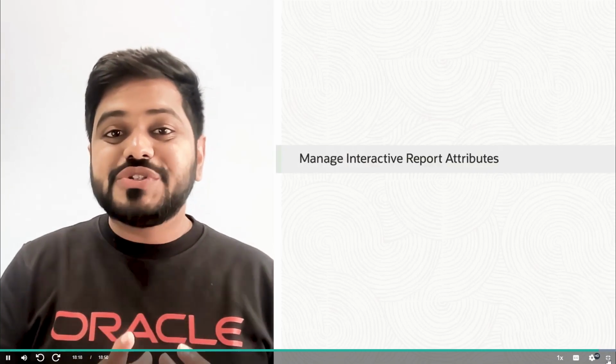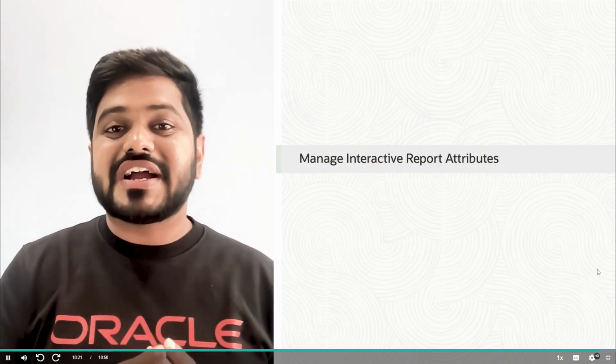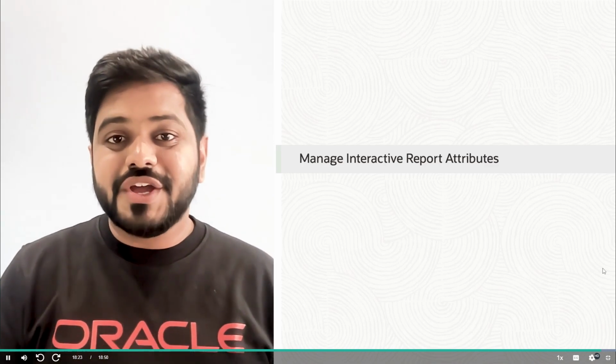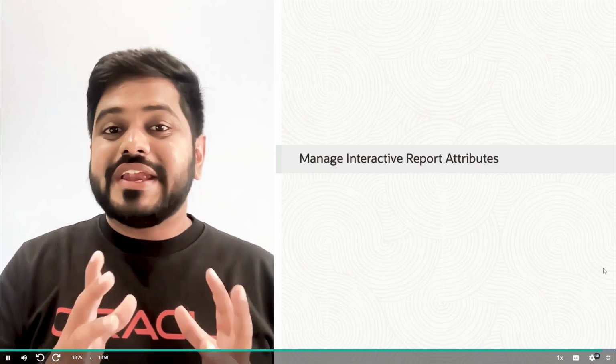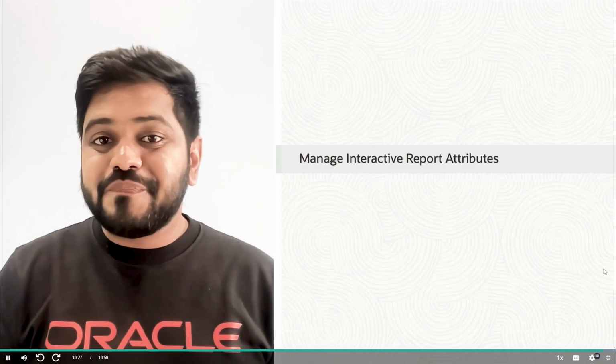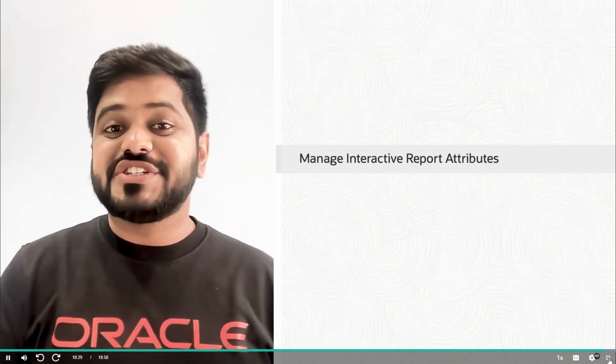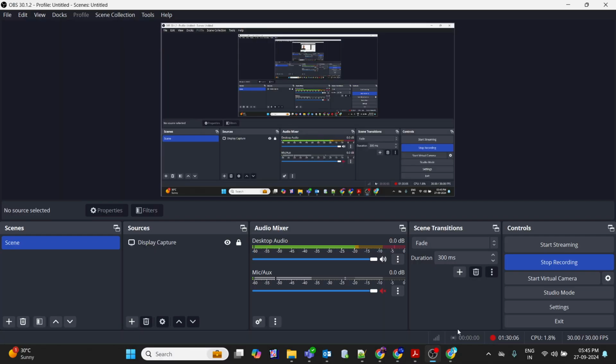To summarize, in this lesson, you have learned how to use the region attributes to customize the interactive report as a developer. You have also learned how to enable or disable the actions menu and how to save the customizations as default report settings. Additionally,